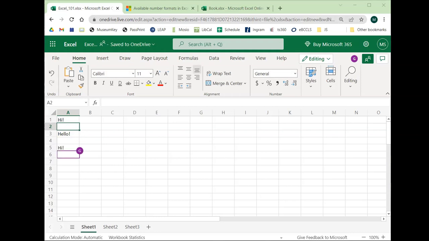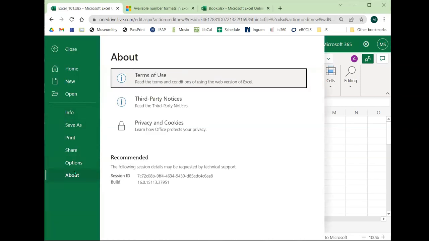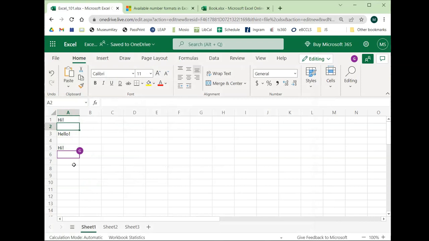So it's a good team tool that you can use if that's what you need. And then, yeah, that's most of the main things in the file tab. Next, if we look back at the ribbon,